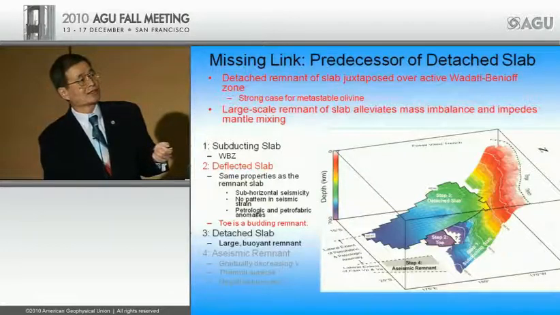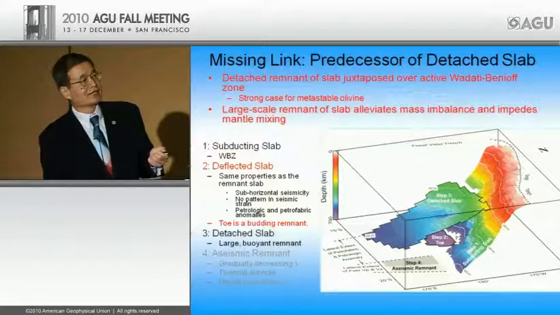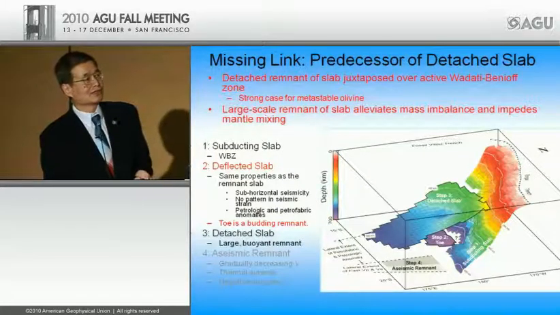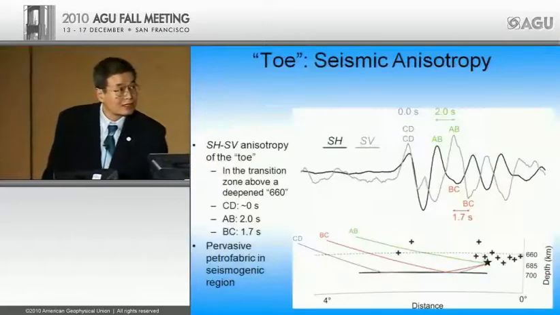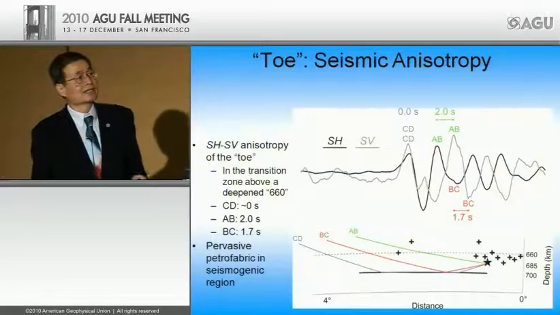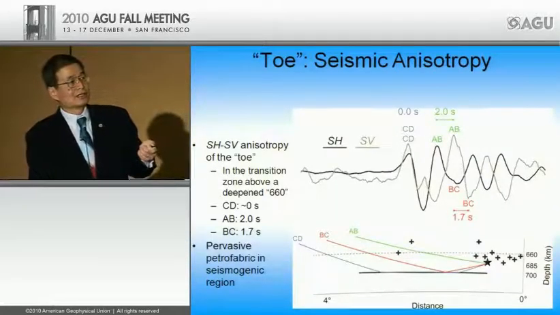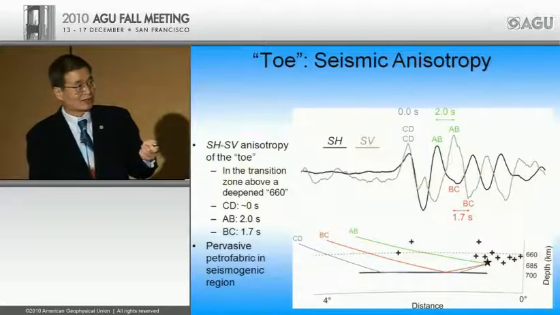They have subhorizontal seismicity. There is no pattern in the seismic strain. And they have very strong petrologic and petrofabric anomalies. I'm just going to show you one slide for the toe. Again, seismic anisotropy. Deep earthquake here, this is basically the toe defined by the distribution of hypocenters shown as these